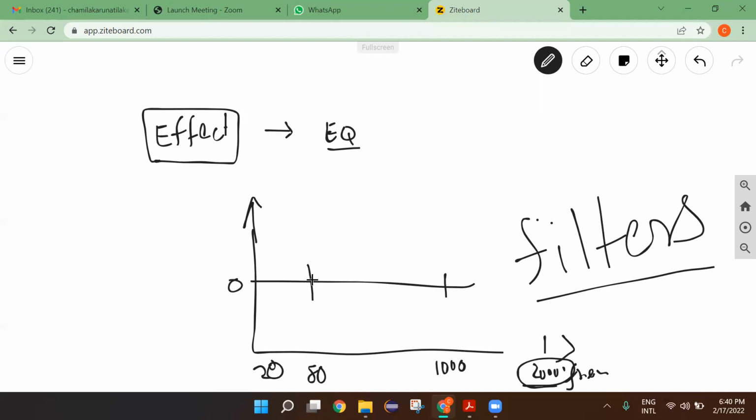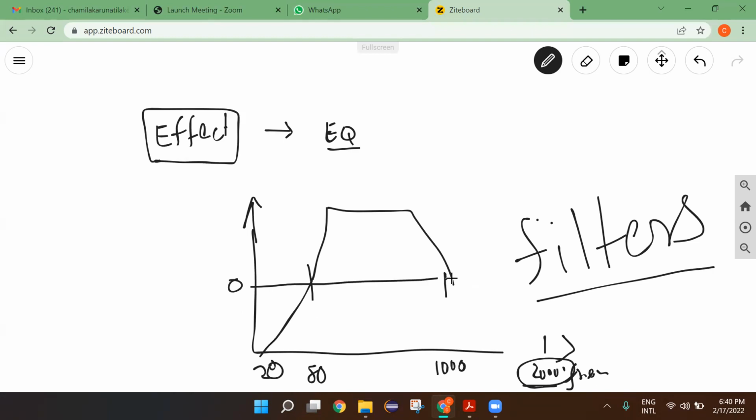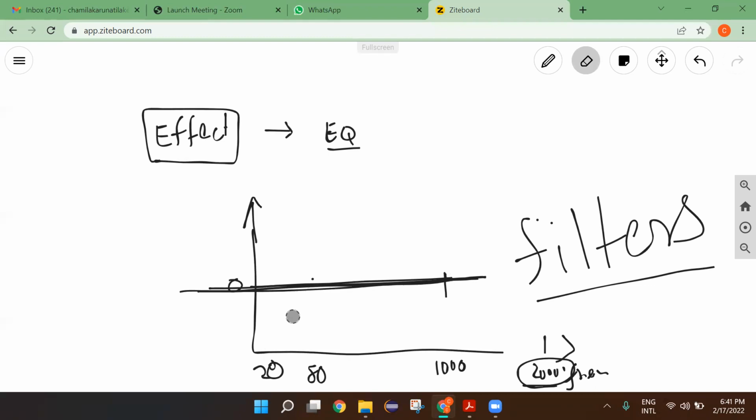I boost that, right? So I can attenuate, for example, under 20, I can attenuate. Right? So likewise, we boost or attenuate. So this is the 0 level. If it is 0 level, it means we don't change that, right? The original signal would not be changed. Right? So maybe